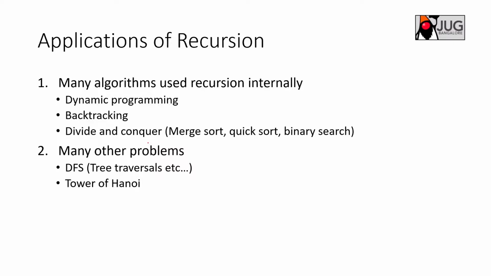For example, depth first search, when you are doing a tree traversal, right? That uses recursion. Basically, you go recursively and try to find the solution. And the base case is very important here. I think you might have heard of a standard case, Tower of Hanoi, right? Which is solved using recursion. There are a lot of applications which fully rely on recursion, like dynamic programming and backtracking, right?